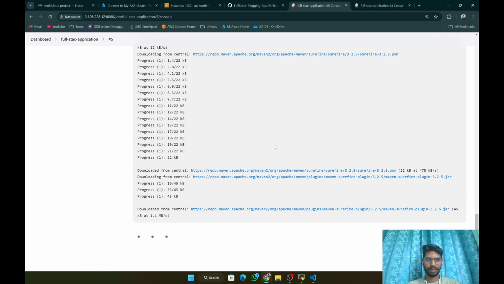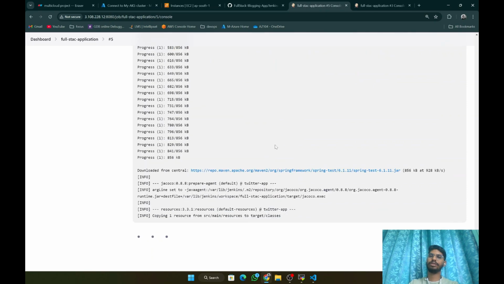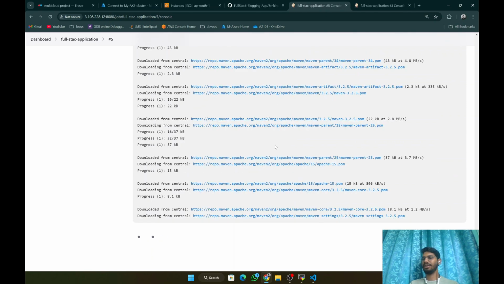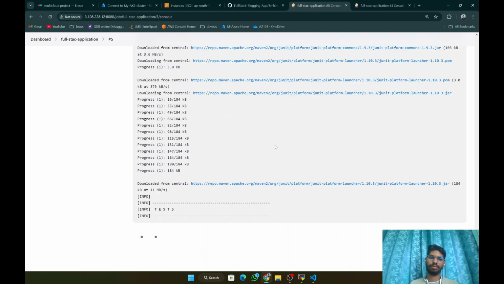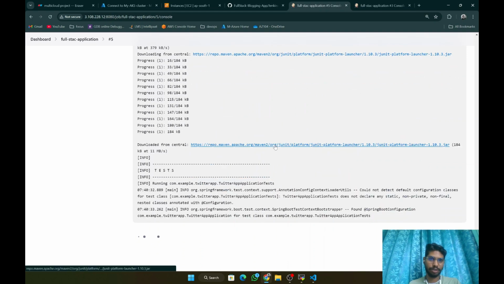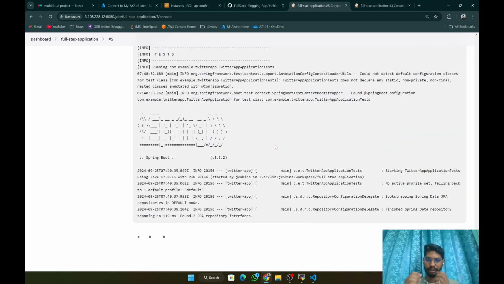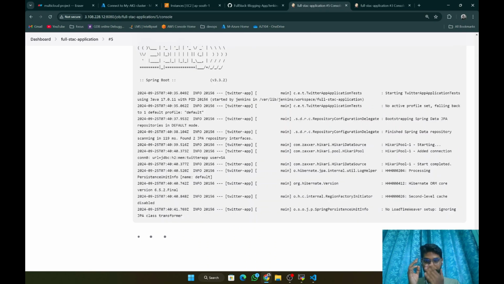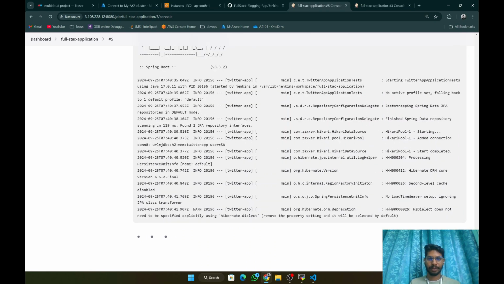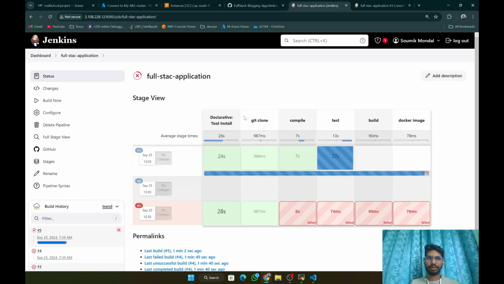Okay, I think JDK X. Oh, so JDK 17 is the main issue. So this package is running on JDK 17. So I have to check the JDK 17, not JDK 11. Okay, so maybe this will go fine. I hope this will go fine. So it will be build right now and then